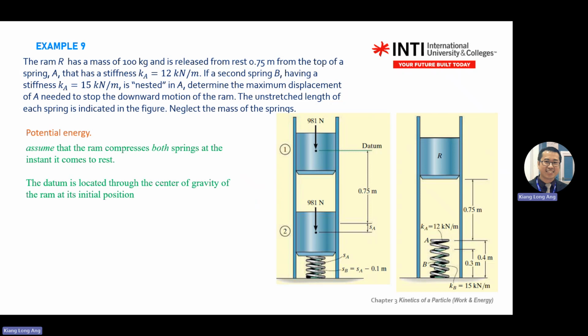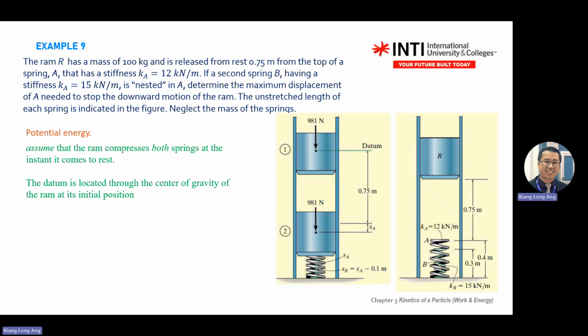Okay, you are given the mass there, mass 100 kilogram. To be easy, don't substitute the value first. You just write W here. W means weight, right? Mg. Then when it presses, when it comes to rest,